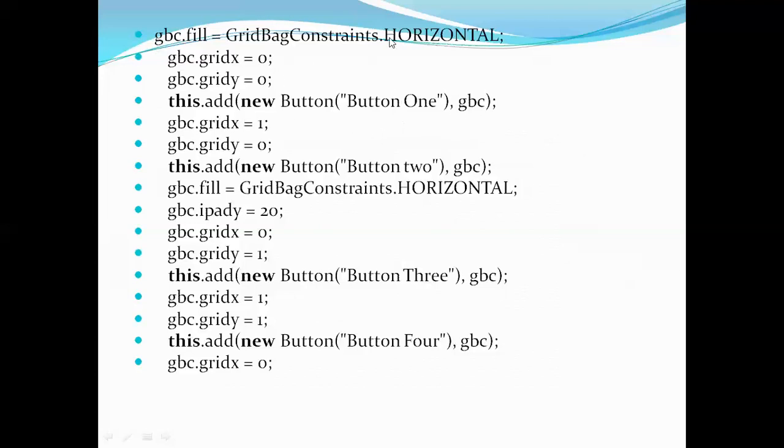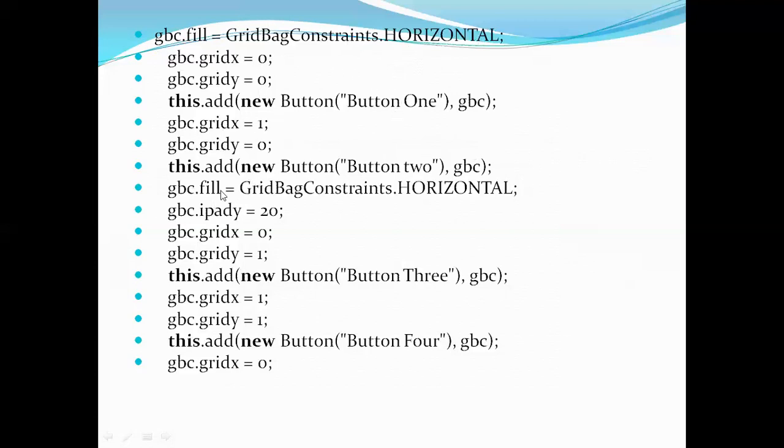This is a method; I'm adding the button to the layout with gbc. So this is the first button. Similarly, I'm adding button 2, which is at location x equal to 1, y equal to 0. So I've added two buttons in a horizontal manner.